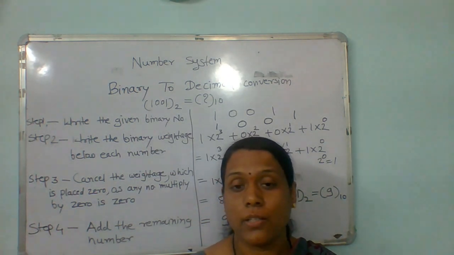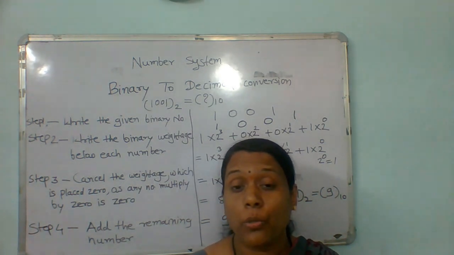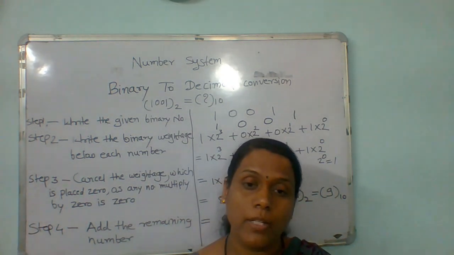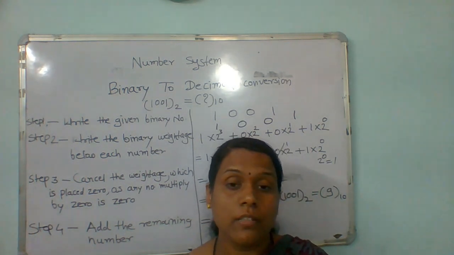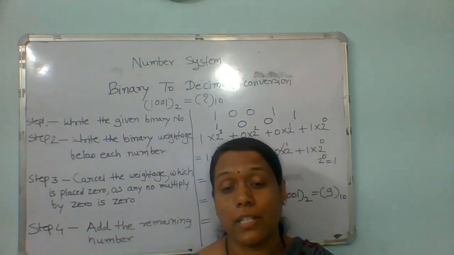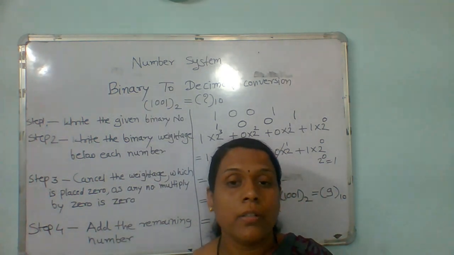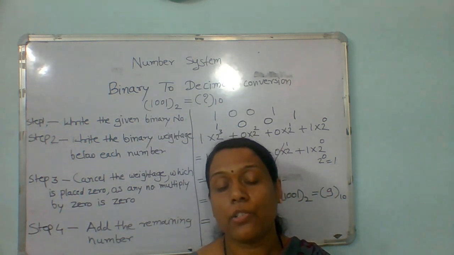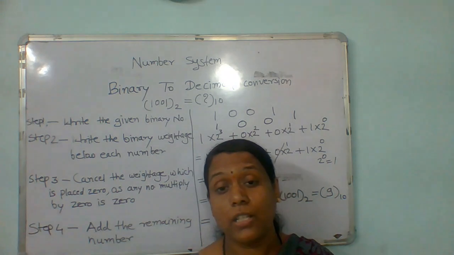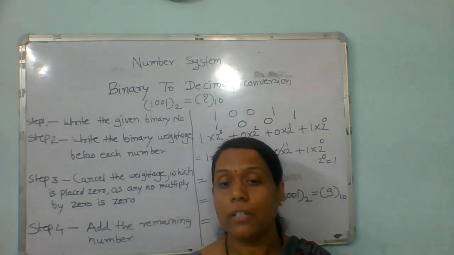In the same way you convert octal into decimal; that time we multiply with 8. When we convert hexadecimal, we have to multiply with 16. Whatever the base is, with that base you make the multiplication. So this is just an introduction to the number system, and we have seen how to convert binary into decimal. Next we will continue in the next video.